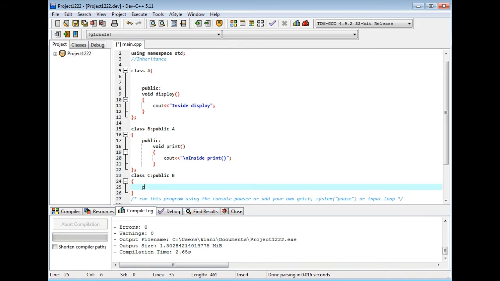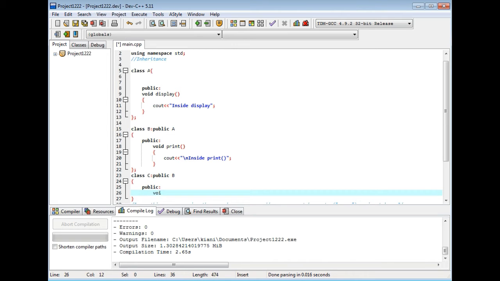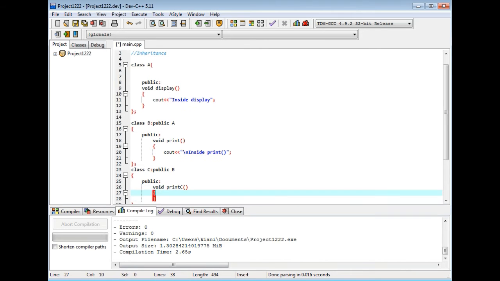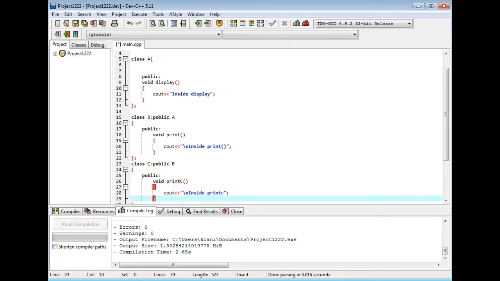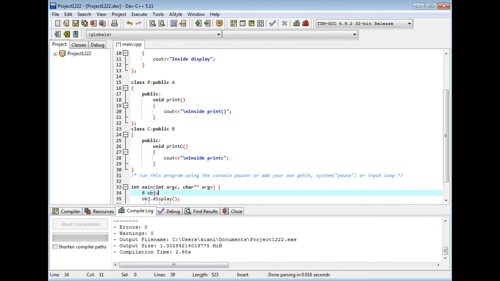Okay, we have a public function void print C. Okay, and we have cout, new line, and inside print C. Okay, now we call the object here. We remove this.